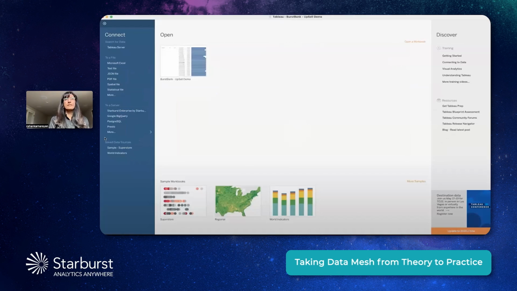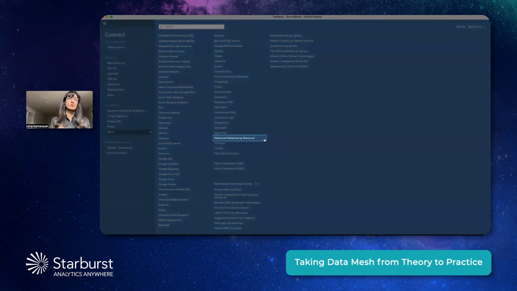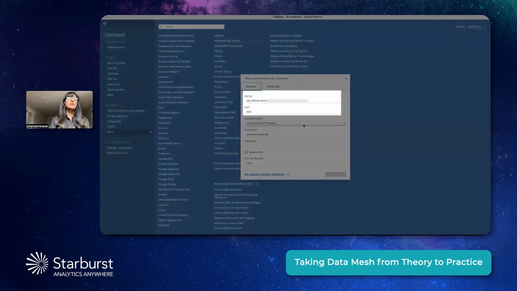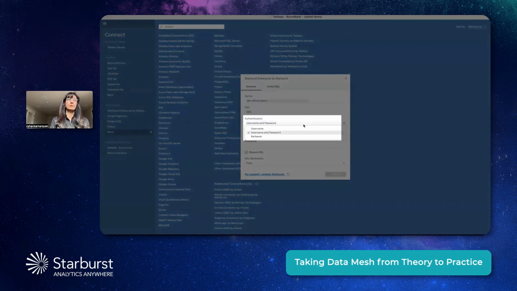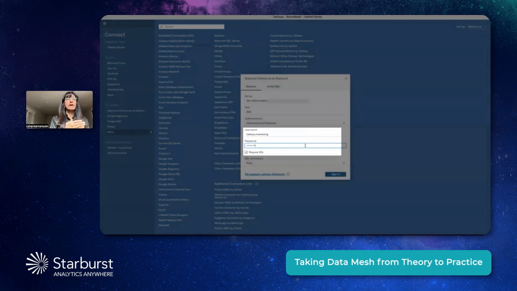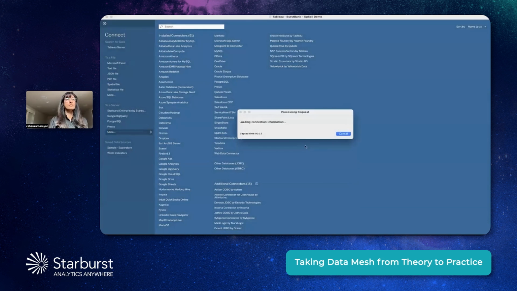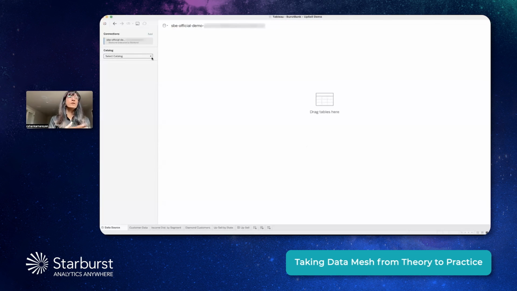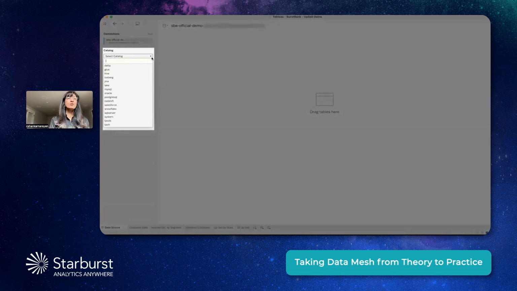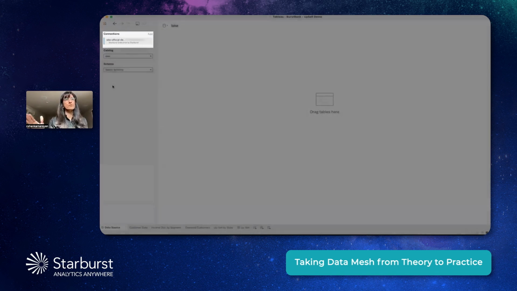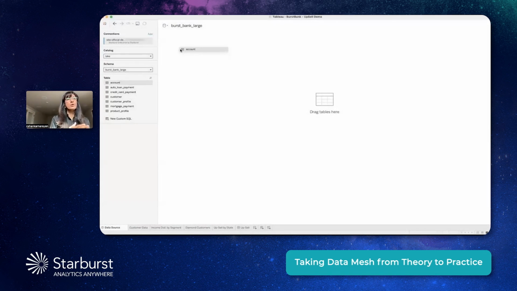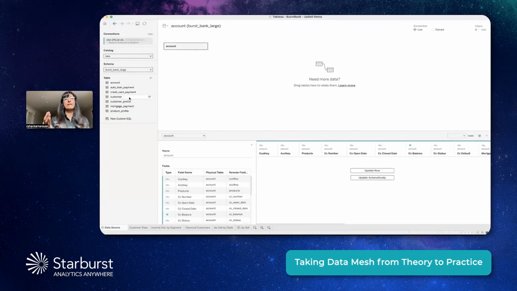The Starburst Enterprise Connector gives Tableau users the ability to combine enterprise scale data from multiple sources with exceptionally fast performance. Using the Starburst Enterprise Connector is as simple as using any other native connector in Tableau. Simply select Starburst Enterprise by Starburst from the list of connectors, provide your basic connection details for your Starburst cluster, select your preferred auth method, enter your credentials, you sign in. With Starburst Enterprise Connector, Tableau users now have access to all of the data sources their Starburst cluster is connected to. You're able to access all the data through a single connection in Tableau.